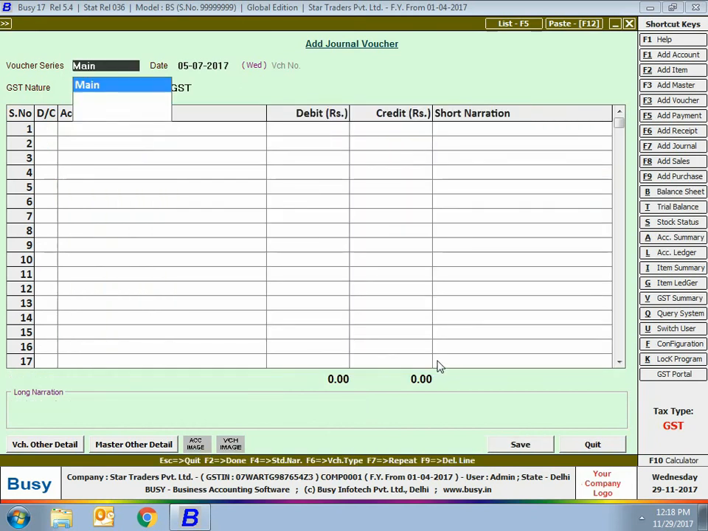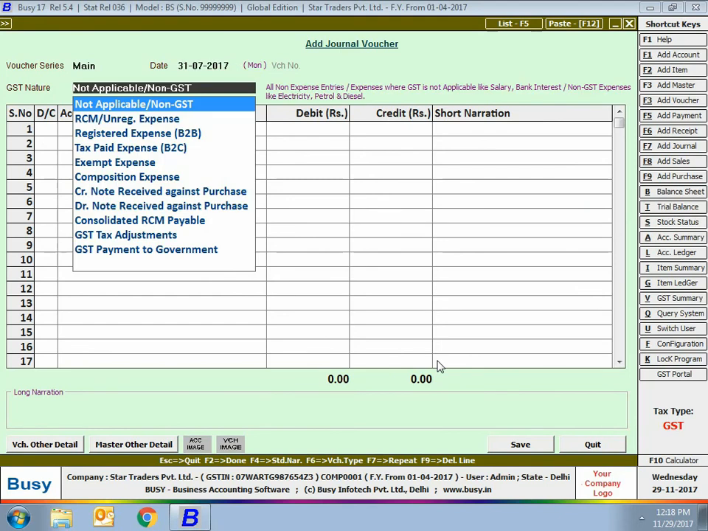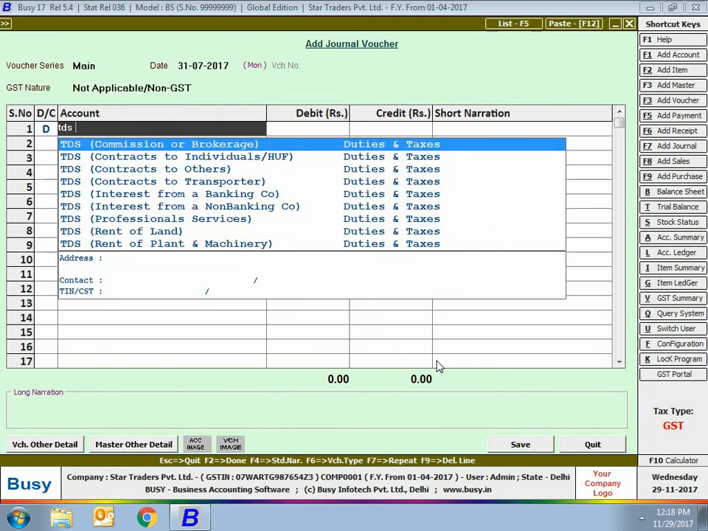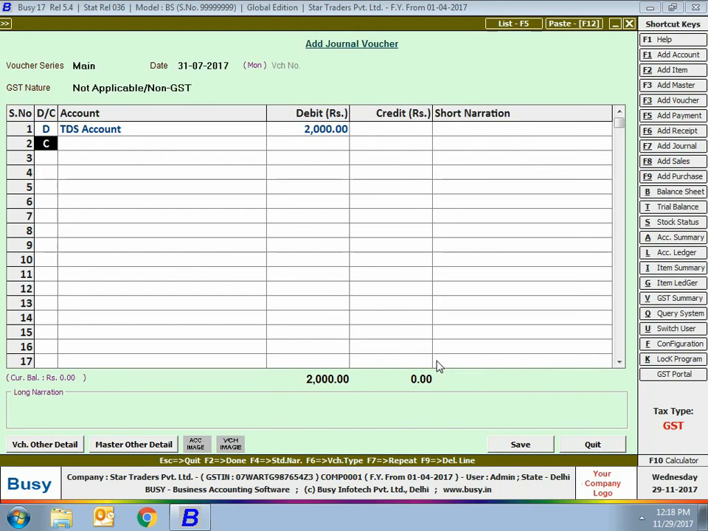Now we will enter a voucher for submission of TDS to the government. For this, we'll again go to the journal voucher. We are selecting GST nature as not applicable non-GST. We are debiting TDS account by 2000 rupees and crediting State Bank of India, that is our bank account, with